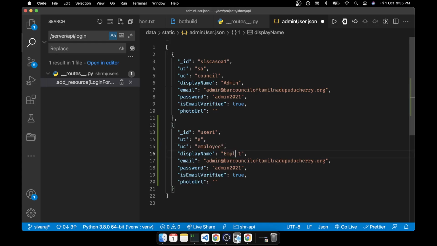Okay, employee 1. Then this will be, let's say, emp1. Maybe we can keep this email ID this way, emp1 at sdev.in. So the password maybe will be emp1 2k21.